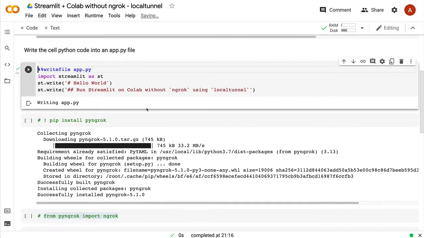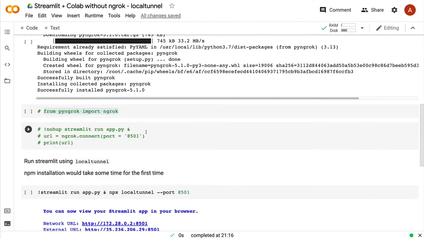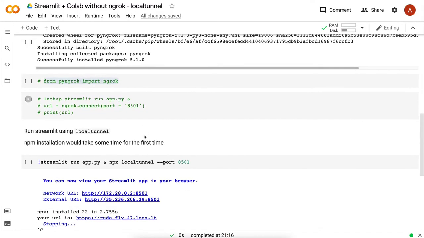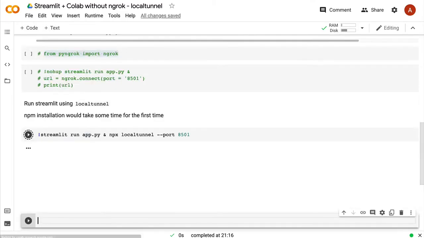Okay. So after you do that, the typical step that people follow is install pyngrok, and then invoke Ngrok and then run it on a port and then see it. But that's not what we are going to do here. What we are going to do here is use a solution called LocalTunnel. So LocalTunnel is the solution that we are interested in at this point to run a Streamlit application on Google Colab and share the link. Let me run this, and then when